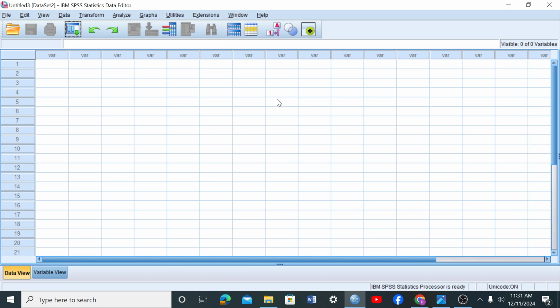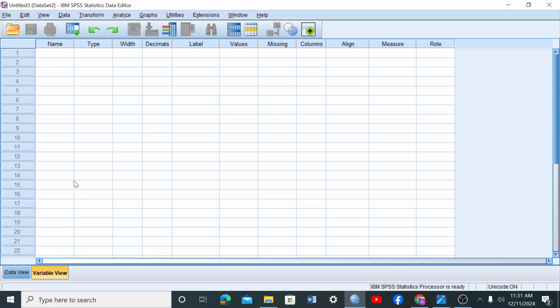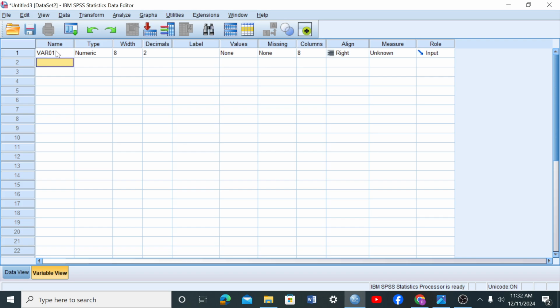Okay, so this time we will go into linear regression. We have to go to Variable View, and then we have to enter here variable 01, and we have here variable 02, decimal, and then our label here we have first time visit, and then here's for returning,